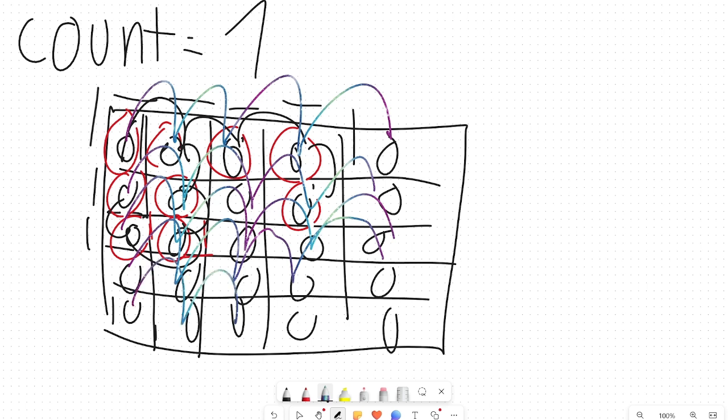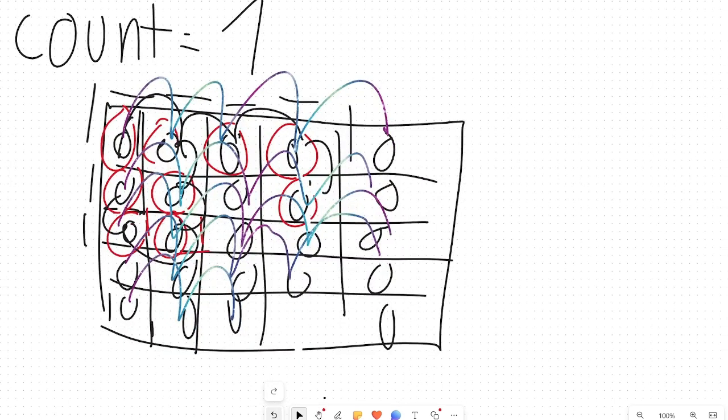Let's go here. Say there's a 1 here. Now again, we will set that 1 as 0. We'll set that 1, 2 as 0. Now we will check the outsides. Top is 0, left is 0, right is 0, bottom is out of bounds. So we then set the counter to 2,